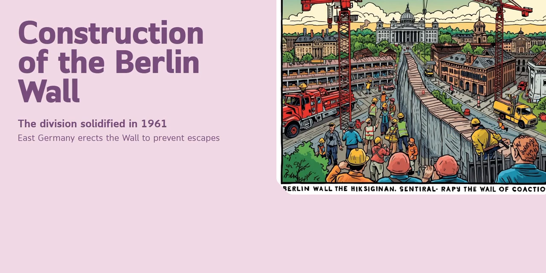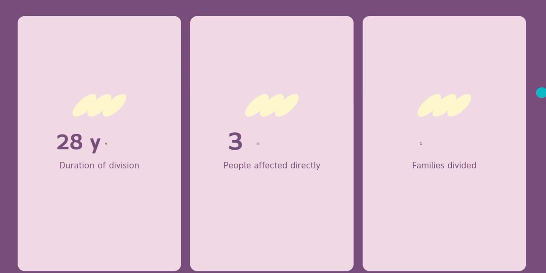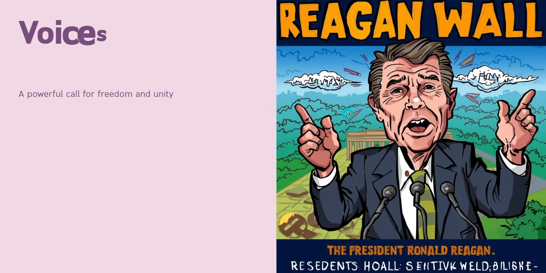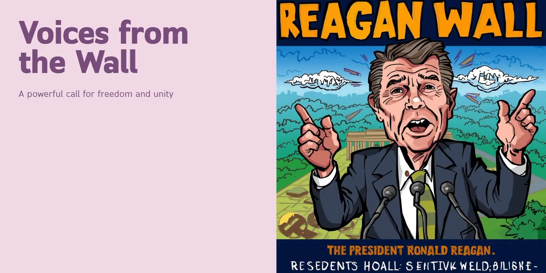Now, the creation of two German states. In 1949, this political division became permanent when two separate German countries were formed. The Western zone became the Federal Republic of Germany, or West Germany. The Soviet-controlled zone became the German Democratic Republic, or East Germany. West Germany adopted and developed a democratic government and a capitalist economy, while East Germany became a socialist state aligned with the Soviet Union.